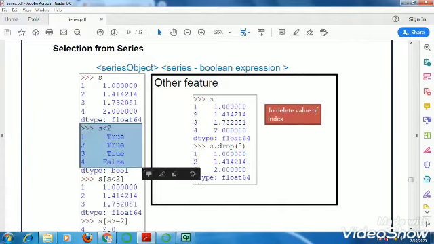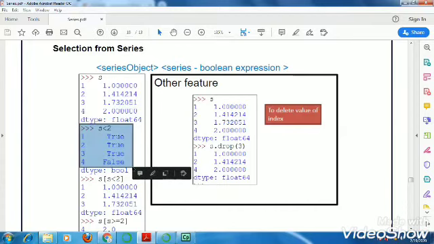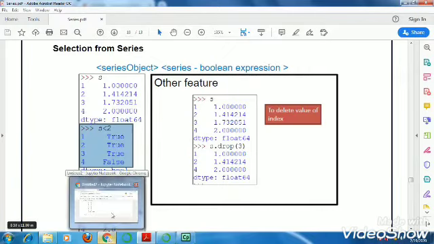Your series is given as s, and you can see the values at different indexes. Now here I have written s less than 2. So it will give you true or false, because it's a logical expression, and in this expression you have used a relational operator. A relational operator always gives either the value true or false. The place where the condition is true, it will give you true, and the place where the condition evaluates to false, it will give you false. So let's try this in our Jupyter.